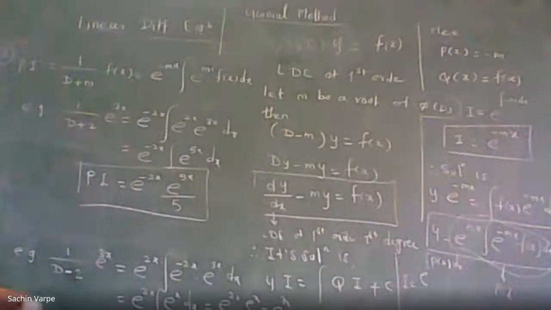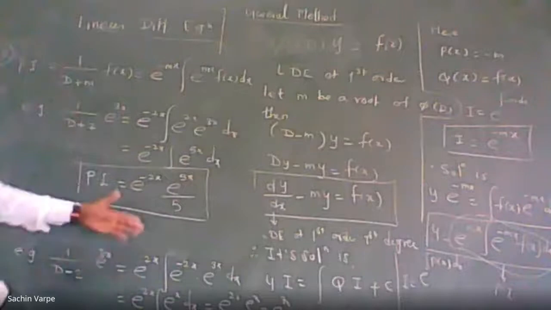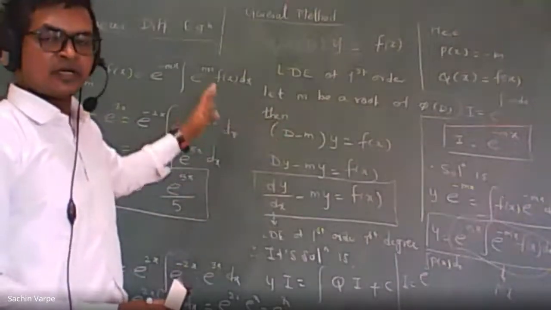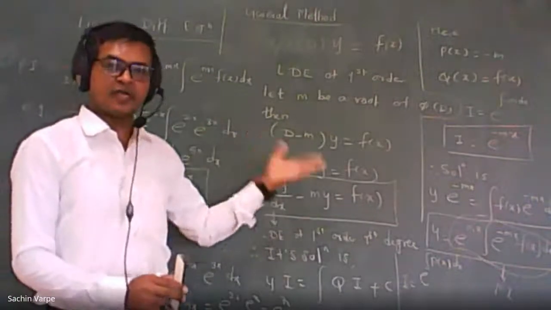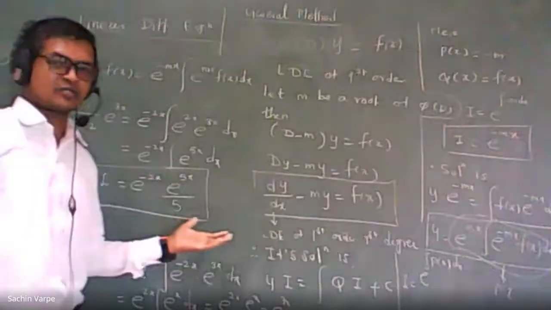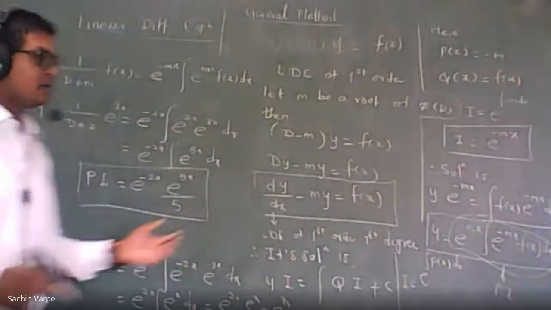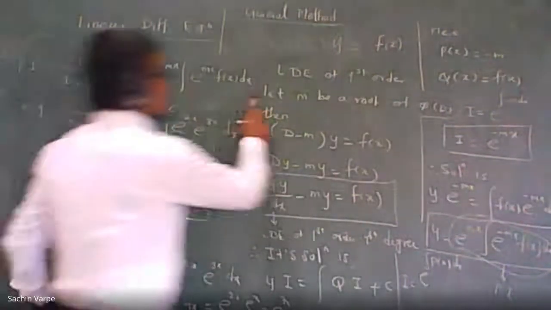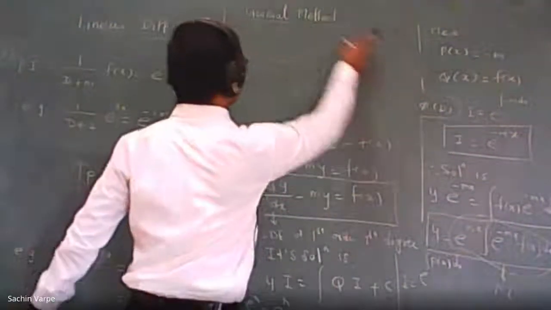Okay. Now the question is, these are the formulas for a first order differential equation, but that is not the case always, no? We are solving linear differential equations of any order. So what if the order is 2, 3, 4 and so on? How to apply the general method and so on? So these questions might be in your mind. So let me discuss formula number 3.